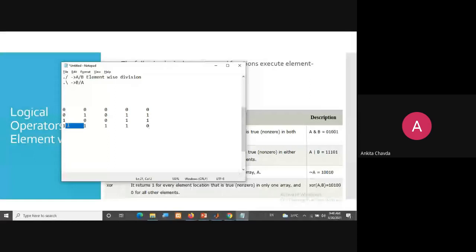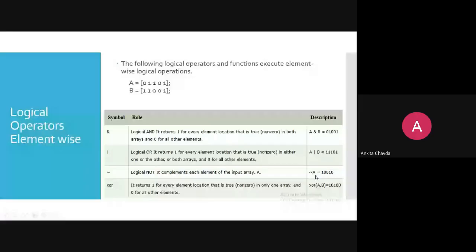So I hope you are good with digital electronics, and you know what AND is. NOT is just a complement, right? Wherever it is 0, it will become 1, and whenever it is 1, it will become 0. And we are doing this XORing, XOR of A and B, which will give you the result like this.